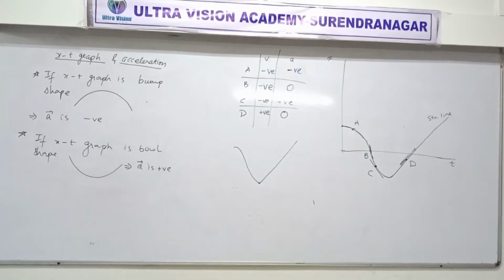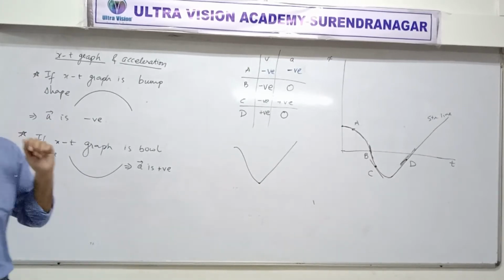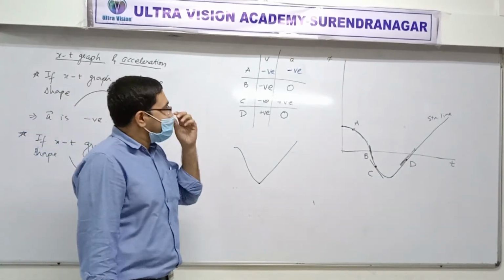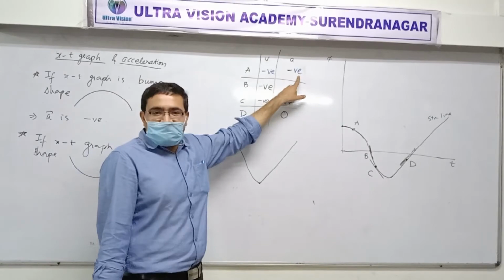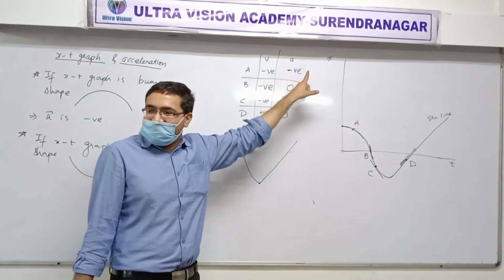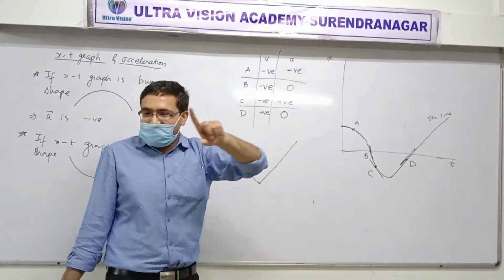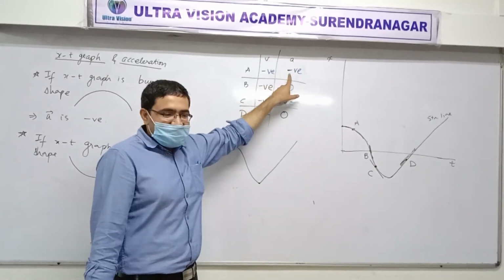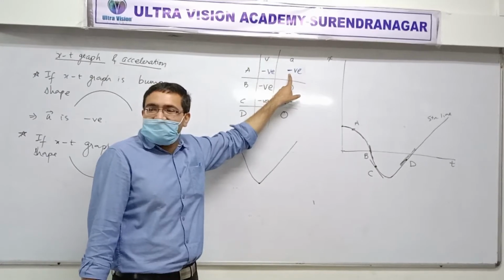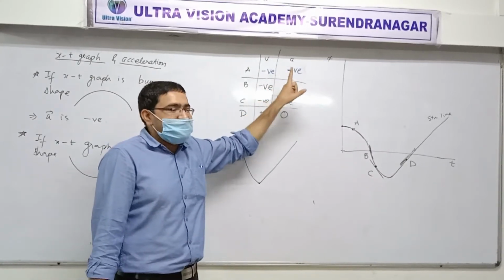D. Who agrees? At D, speed is increasing. Who disagrees? All right. Yes, Dia. Sir, at point A, speed is increasing, because the velocity and acceleration are both in the same direction. If velocity and acceleration are in the same direction, then speed will increase. Do you all remember that sentence? Time to use it here? Yes or no? If velocity and acceleration both are in the same direction, then the speed will increase.